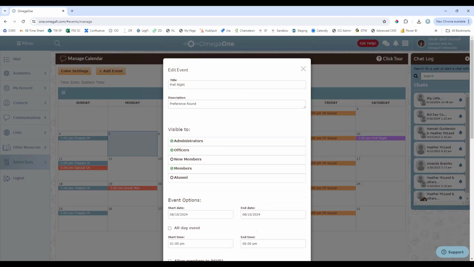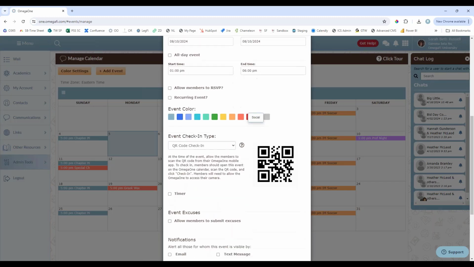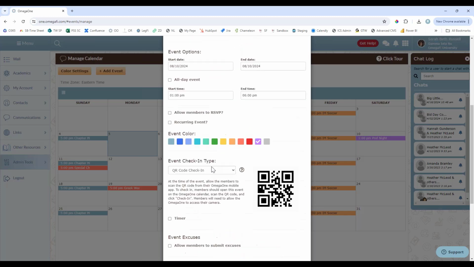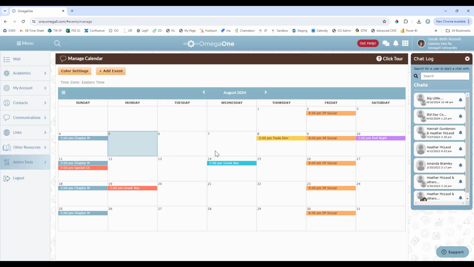And you can also edit the event from here, and it'll just take you back to that. So if later you put in a points possibility and wanted to link that, you could go in and do that. A lot of different things you can put in here. You can see we have stuff for Greek Week, different intramural sports if you have a schedule for that. Dinners, chapter, anything you can think of, you can put it on the calendar to make sure your chapters or your members are staying connected and that they are aware of the events that are going on, especially those that they'll need to be at.